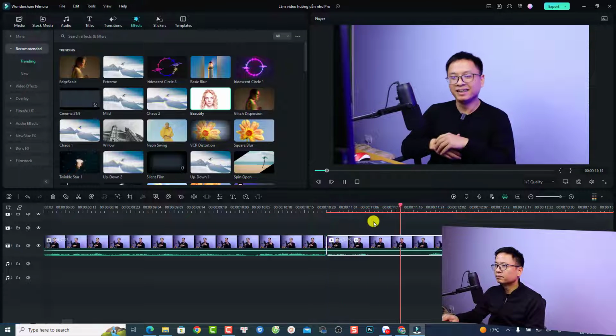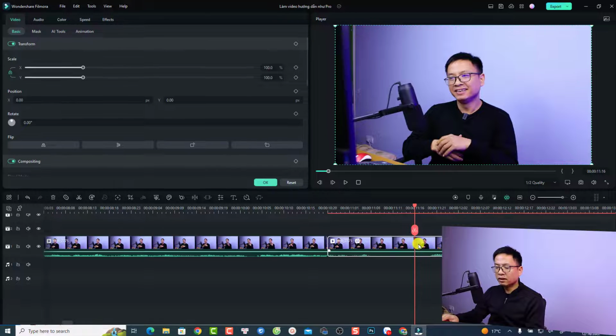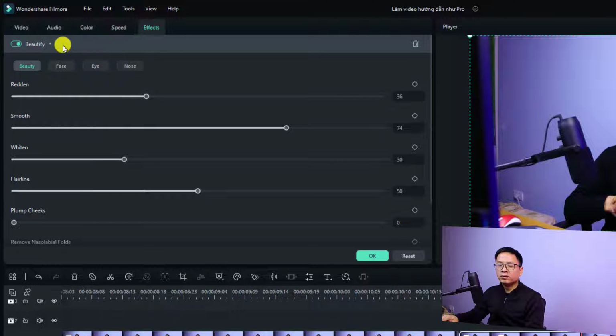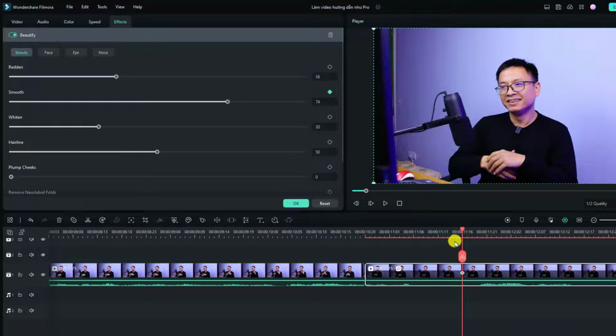Now if I want to add animation keyframe to the video effect, all I need to do is double click the video here, and then I can select effect, and this is the beautify effect. So the first thing, I want to keyframe the smooth. I'm going to add the first keyframe to this one, and then move my playhead some frames forward, and then I can reduce the smooth